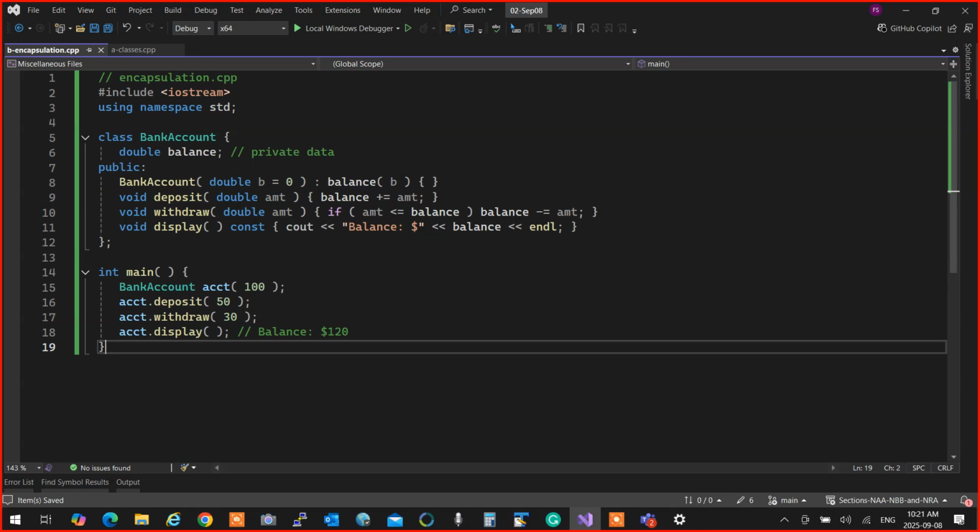We have two more core concepts. One of them is inheritance. So inheritance is essentially taking what you had, a design that you had, and